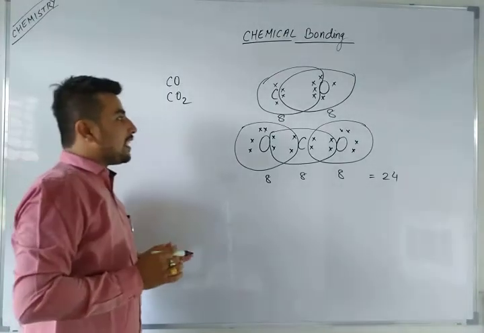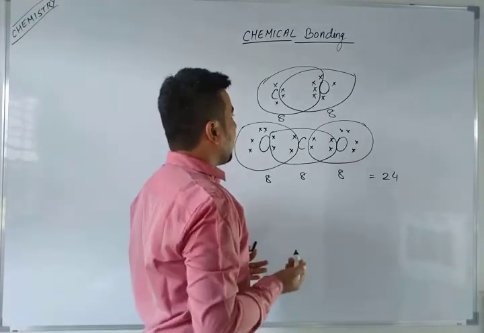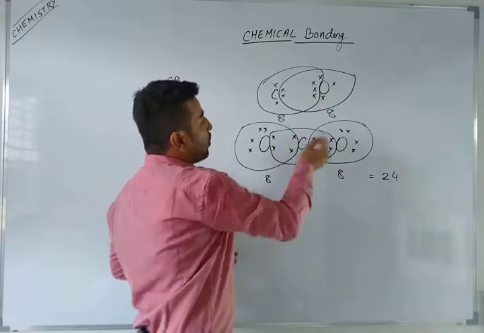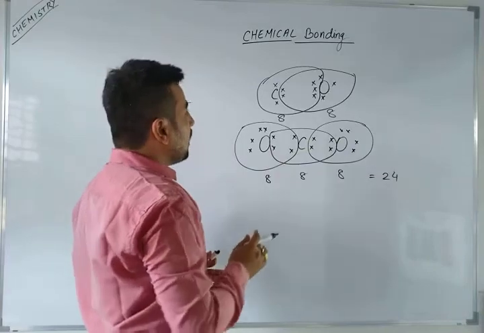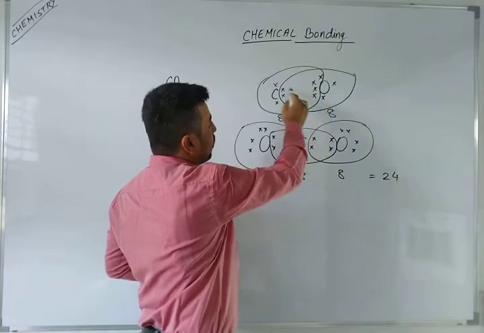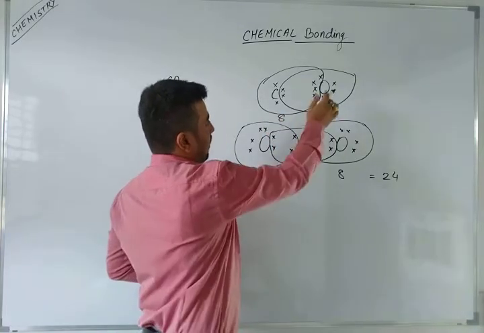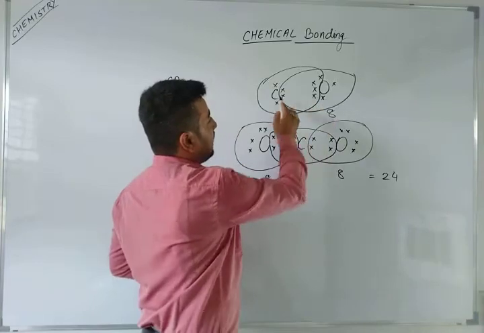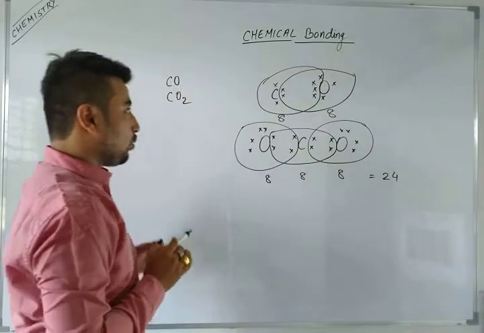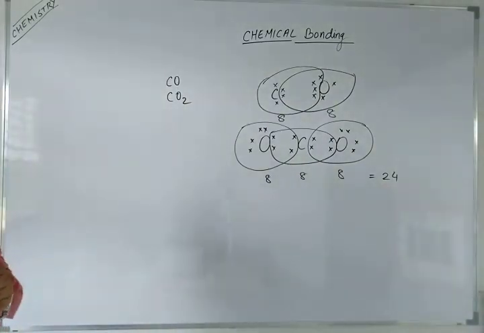Remember what happens. Generally the student will ask, sir, how 16 electrons? Here the carbon has 4 only and oxygen has 6 only, so the total number of valence electrons should be 10. No. Now these 4 electrons are being shared with the remaining 4 electrons of the oxygen atom. So now the carbon has 8 electrons. And oxygen is sharing 2 electrons of the carbon atom, so it has a total of 8 electrons. In this way you can calculate the total number of electrons, and the total number of electrons is denoted by T also. Remember this word.